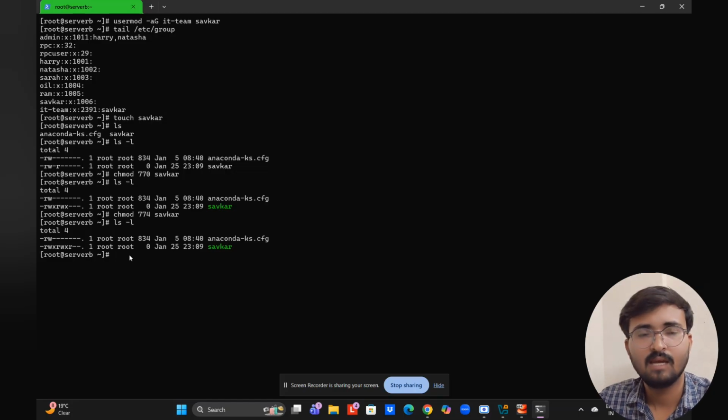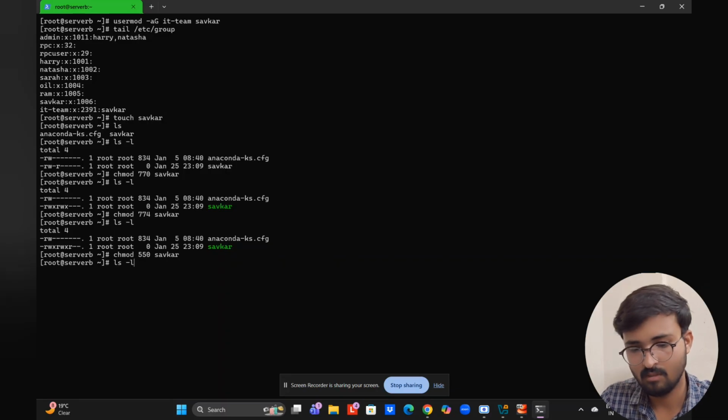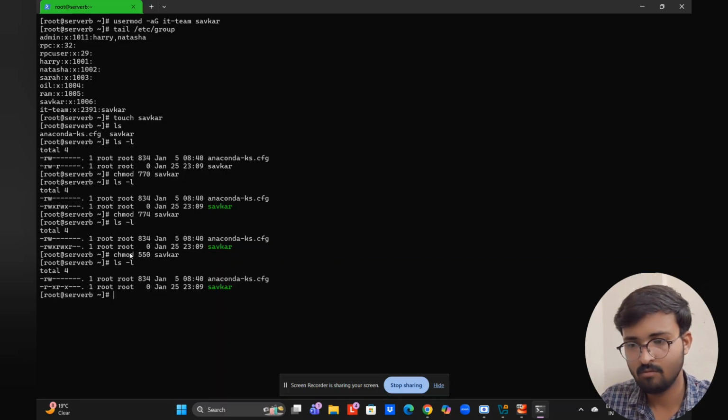So this is how you can change the permission. Chmod means changing, modifying the permission. Chmod is the command which is used to modify the permission. If you want to give, for example, chmod 550 Saukar, and you do ls -l, ls -l is basically listing. You will see that the root has read and execute, and the group has read and